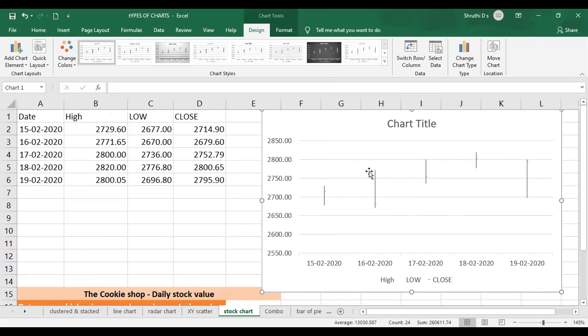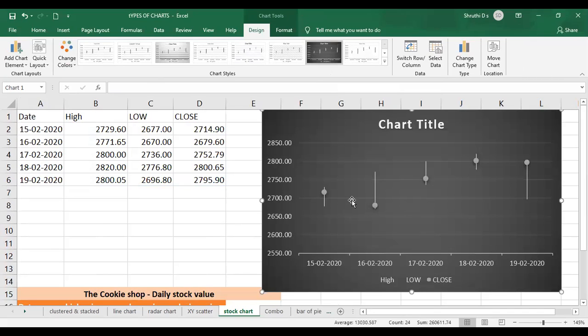Now it is showing you the lowest and highest. Let me just select the theme here. Now it is visible properly. See here, it is showing you the closed value. And once I place the cursor here, it shows you the high and low line. This particular line is the high and low line, and this dot, the plot which you can see, is the closed value. This is the line, and this is the high and the low value, and this plot represents the closing point.